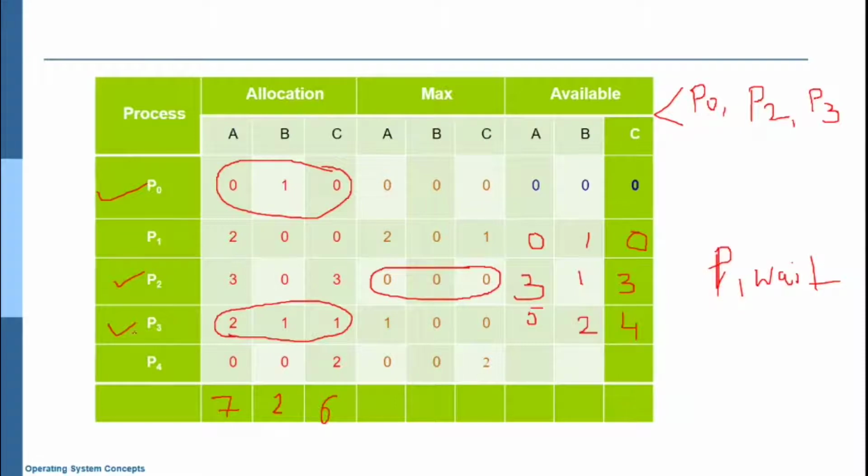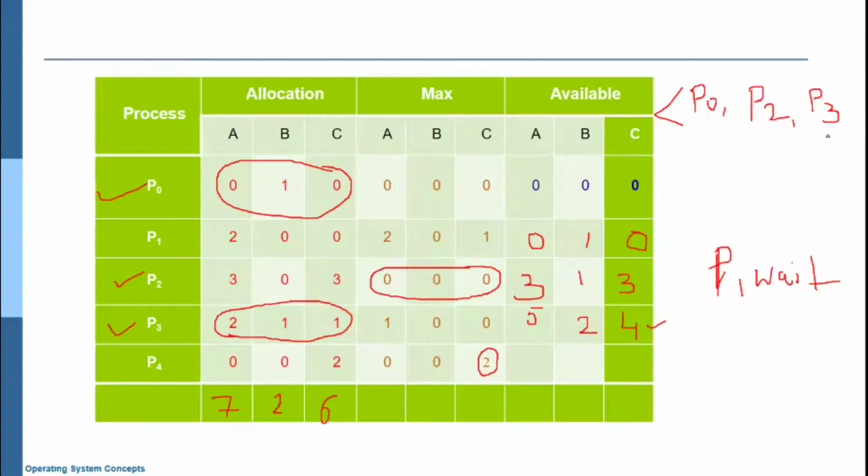So this is also completed. Now you see, check for P4. It has requested 002, and available it is only 002, and it requests 2 more instances of type C. So check now, 5 2 4, so of type C we have 4 instances, where it requires only 2 instances, we can satisfy this condition.